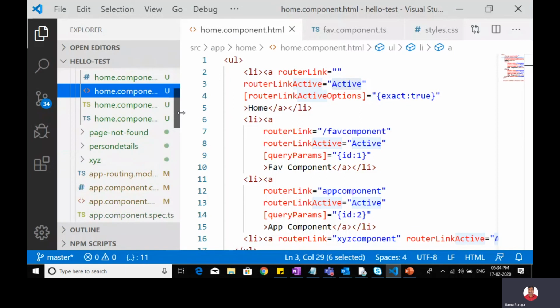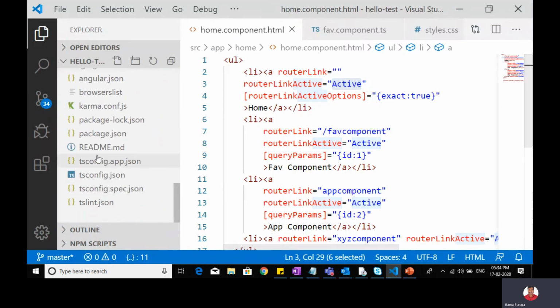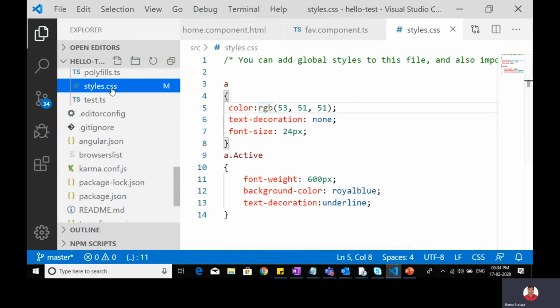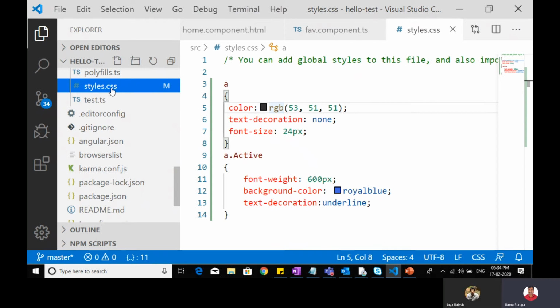If you go here to the CSS class, this is the global CSS for your solution. Individual components can have their own CSS, but this is global. The CSS which you want to apply to all components, you can write over here.